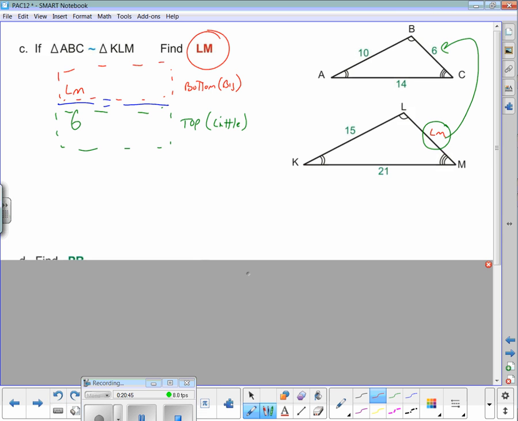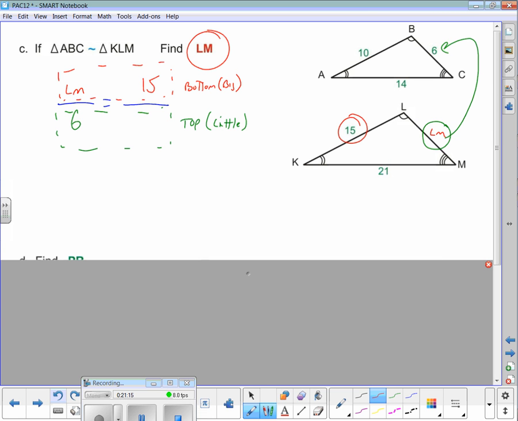Now, in these problems, we're given all the other sides, so I really can choose any sides I want. Sometimes I won't have all the sides I need, so I'd have to choose the side that goes with something else. Well, again, I'm back to my bottom triangle. Am I going to use the 15 or the 21? Thankfully, I have both of the other values, so I can use either one that I want. Let's use the 15. So if I put the 15 on the top,